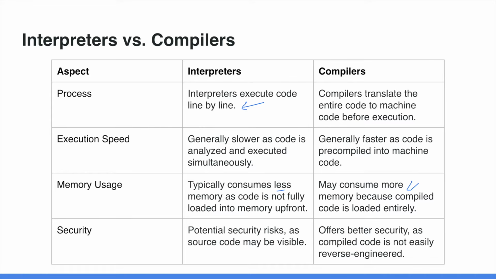Finally, we'll take a look at security. In terms of security, interpreters are generally less secure because if you want someone, for example, to run your Python code, you need to send them that code so it can then be interpreted. Versus with a compiler, if you wanted someone to execute your C++ code, you could just compile it and then